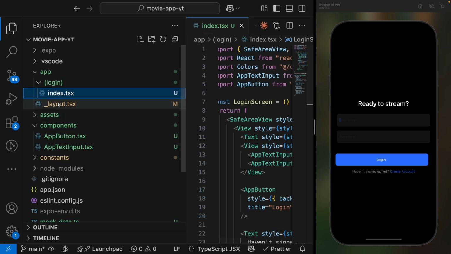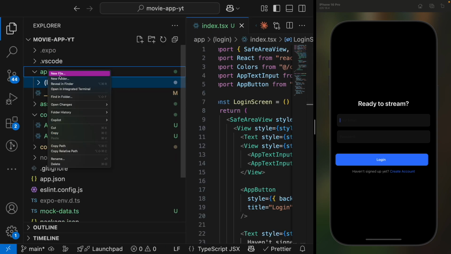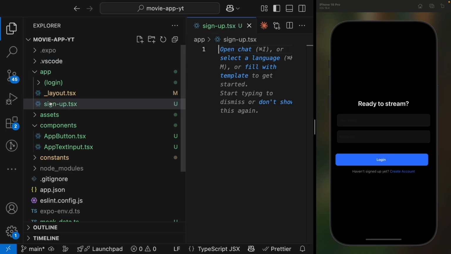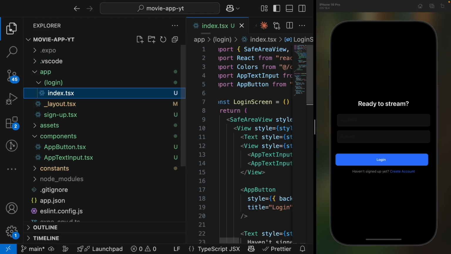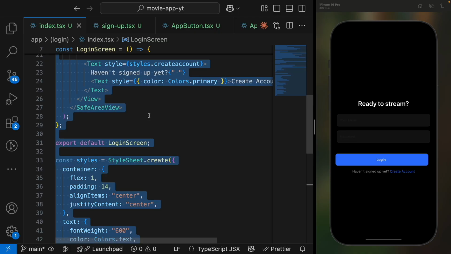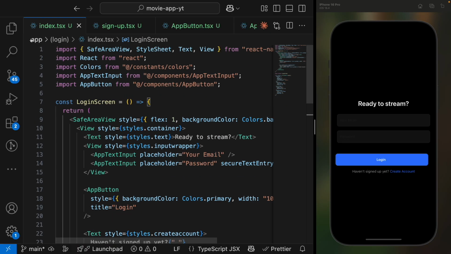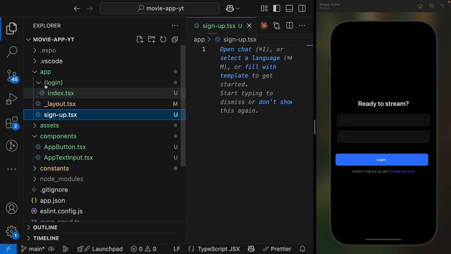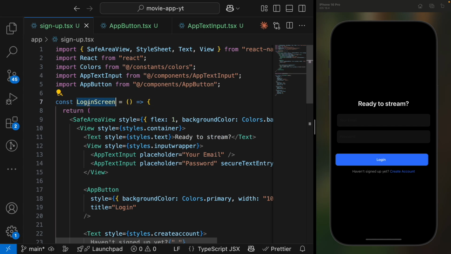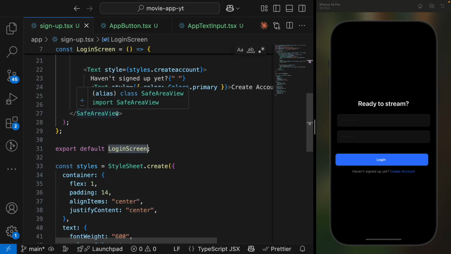So with the sign up screen, over here inside the app folder, I'm going to create a new file, call it signup.tsx. Now the sign up screen is a lot similar to the login screen. So I'm simply going to copy everything here and just make some minor changes. Okay. So inside the sign up screen, I'm going to paste it here and change the names to, instead of login, say